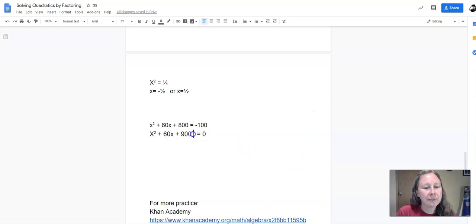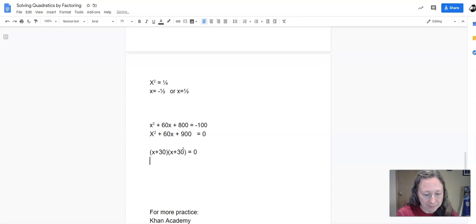And now I need to try to factor this such that there are two numbers. When I multiply them, I get 900, and when I add them, I get 60. And I think those two numbers are 30 and 30 again. So this looks like a perfect square trinomial because this number is 30 squared, and this number is 30 doubled. So the factoring of this is x plus 30 times x plus 30 equals 0, or x plus 30 quantity